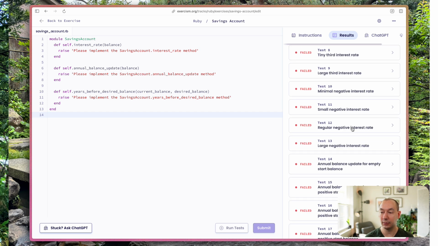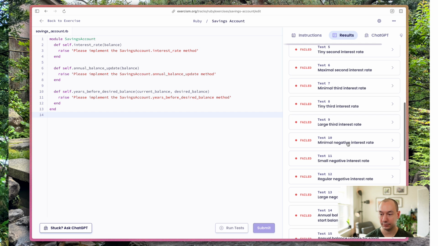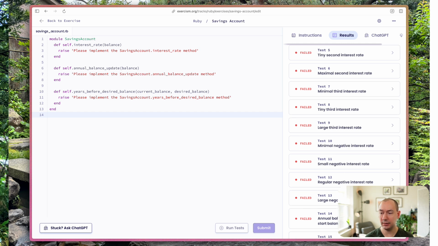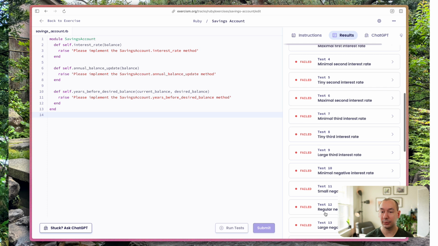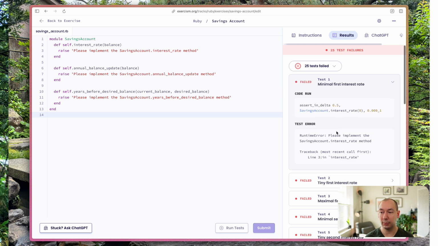And then we get into negatives. So it looks like possibly the first 13 tests or so follow this pattern, and we'll probably be solving all of them with our first method here. So the first thing we can do is let's change the error to something a little bit